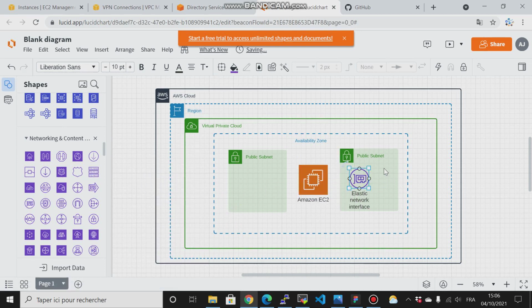In reality, when you launch an instance, it resides in an availability zone within a public subnet. Then in that subnet, an interface